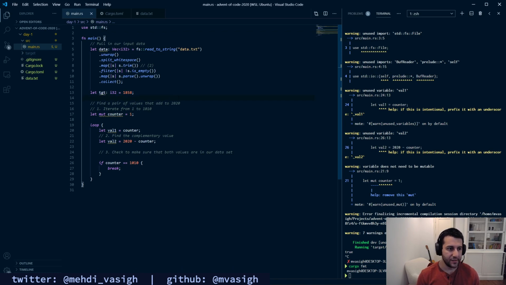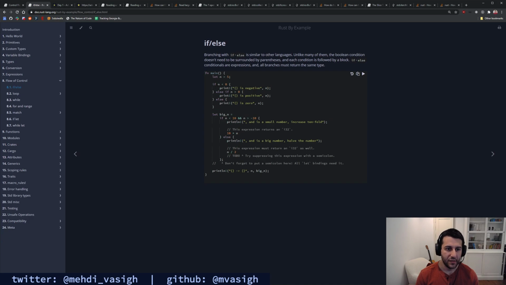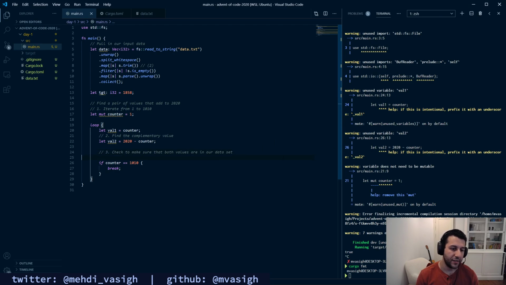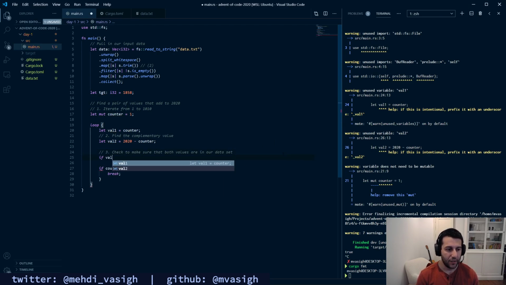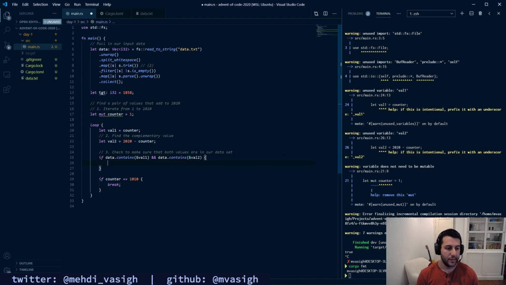And what I'm going to do is check to make sure both of these are inside of this collection of integers. So let's look at Rust conditionals, if else. And what I want to do is check for two conditions, right? Which are basically that both of these are inside of the collection. So I'm going to say if data contains &val1 and data contains &val2, println